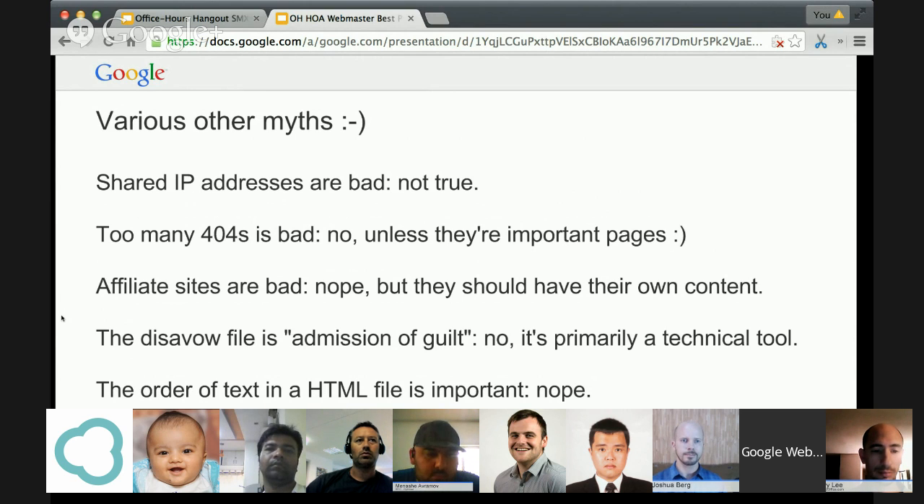The order of text in an HTML file isn't important. You can put your main content on the top or the bottom. We can get pretty large HTML files in the meantime and still recognize the content there. So that's not something where you have to micro-optimize at that level. Keyword density is something we always hear regularly. Just write naturally instead. John, the order of the HTML file you're saying for text, though, that's only from a